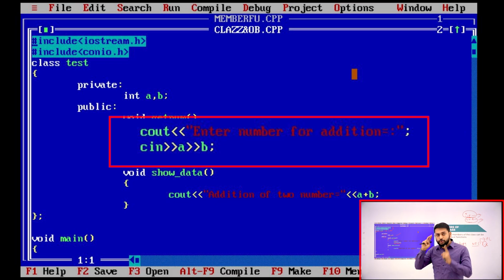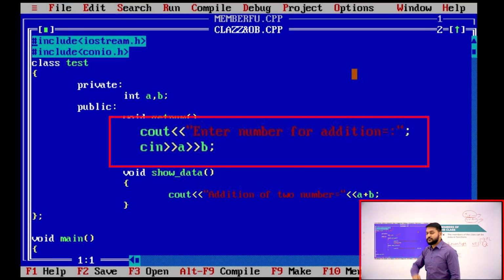Remember, I'm discussing two new concepts here, cout and cin. Cout in the sense I will print whatever you give within the double quotes. Cin in the sense I will read the values from the user. That is what you need to understand here.